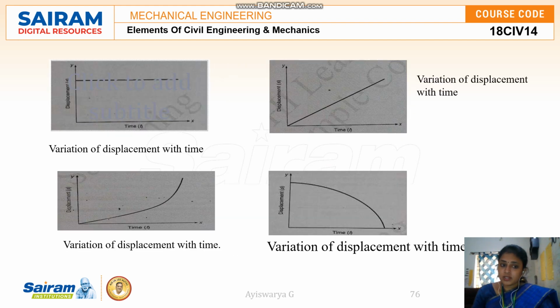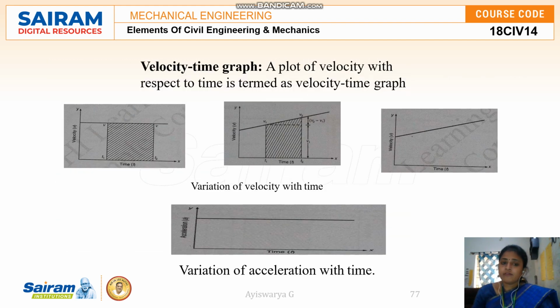So here we have seen the displacement time graph and velocity time graph. Even if you draw the acceleration time graph, it will look the same. There is no variation. The graph will look similar for all three motion curves. These are all the explanations under the motion curves, guys.